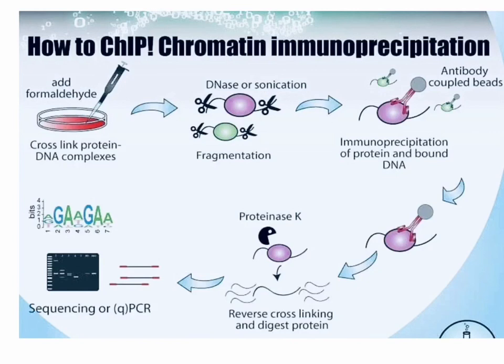In this method, for any cells or any type of tissue samples where you want to find whether a protein is associated with the DNA or not, we use this technology. Generally the cells or tissue are treated with formaldehyde, because formaldehyde fixes and preserves the cells, so there is no disturbance in the protein structure or DNA structure.